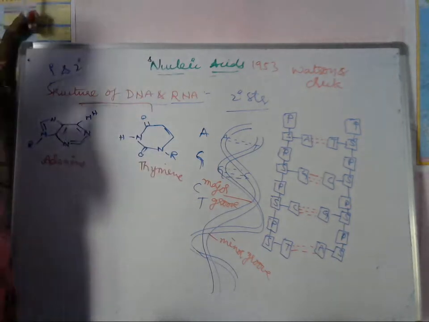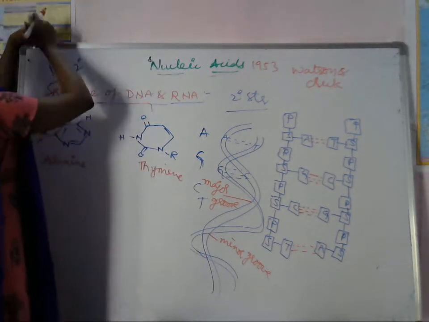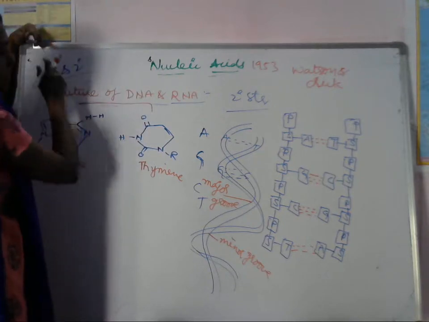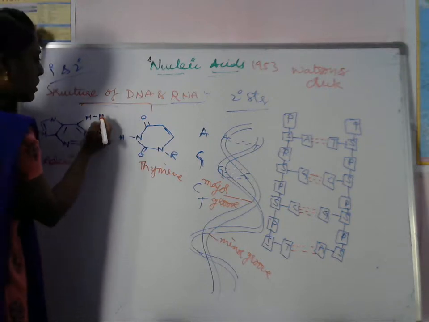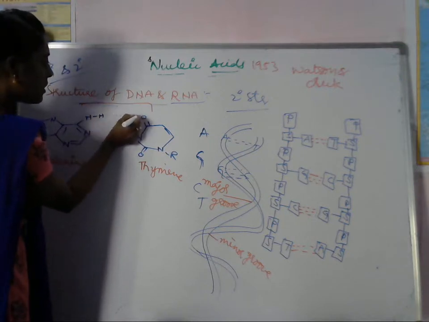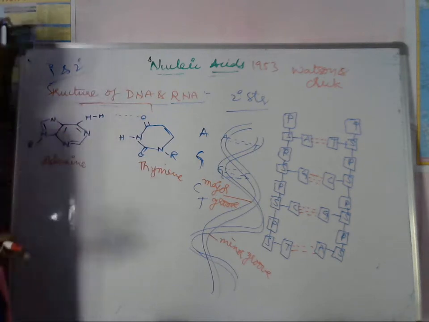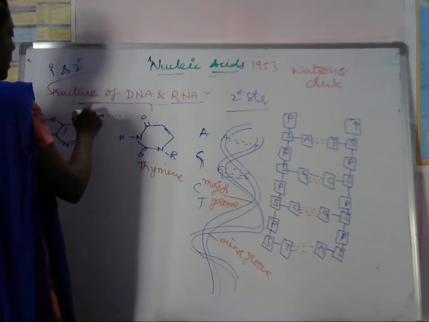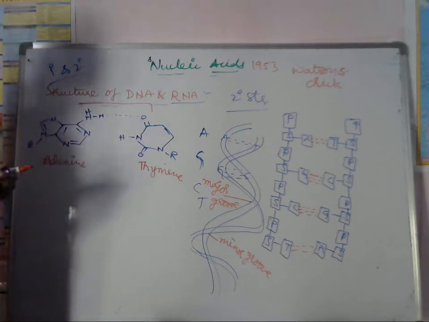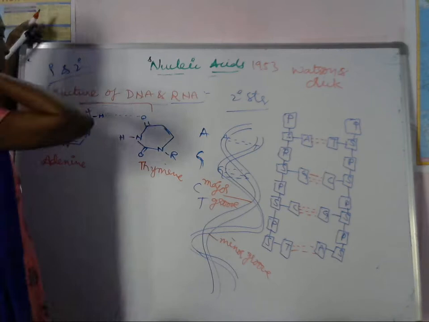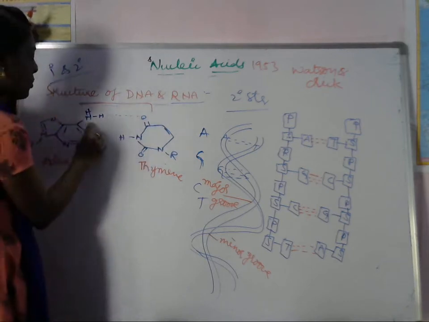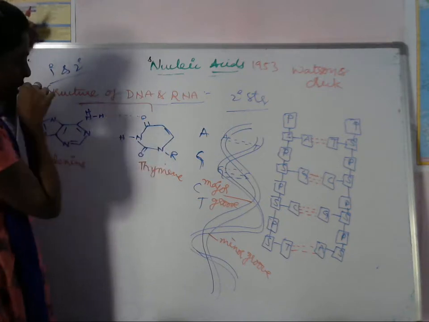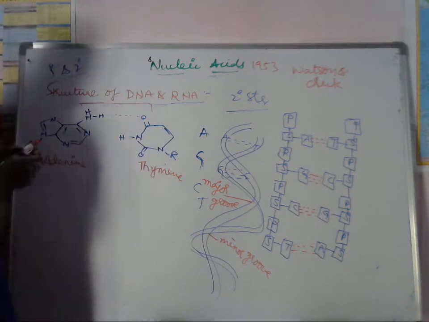There are two hydrogen bonding interactions present between adenine and thymine. Let's see what they are. This is one hydrogen bond, involving a nitrogen atom. We have to write NH2 in this adenine. At the fourth position there is an amine group, so this amine group shows hydrogen bonding with the pyrimidine, which is thymine.